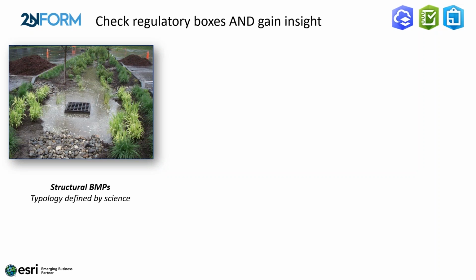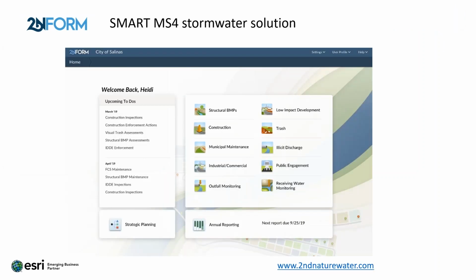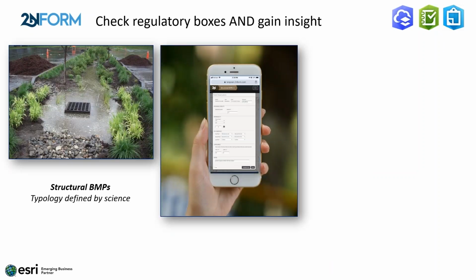And then there are key specification inputs, as Mike was showing on the screen, depending upon the type, like footprint and drainage area, et cetera. And we use that specification information as well as the relevant design standards to calculate the BMP's expected water quality benefit when it was installed. We then provide our users a rapid assessment protocol series that are both objective and precise measures that output the current performance of each specific BMP. And those are all in mobile applications, both on Esri products as well as our responsive app. So we could train anyone to perform these assessments in a day, and it takes minutes per BMP to complete. And the performance then is mapped